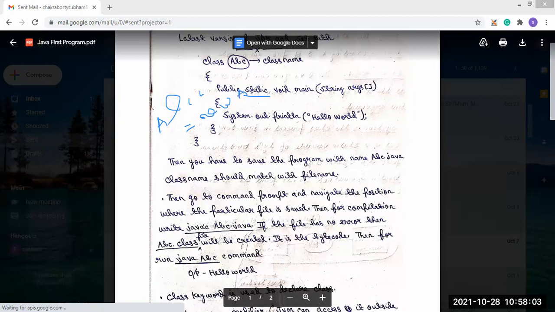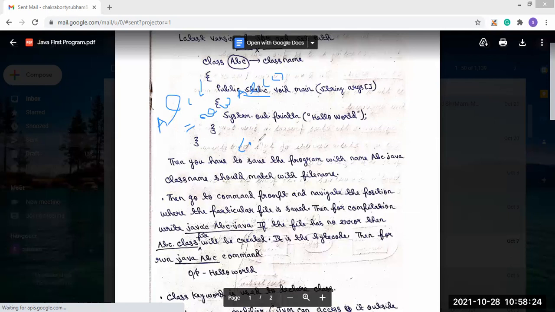Like this, an object of the ABC class is created, and C is the object. Using C, the method is called. We have seen that we call the method through the object.